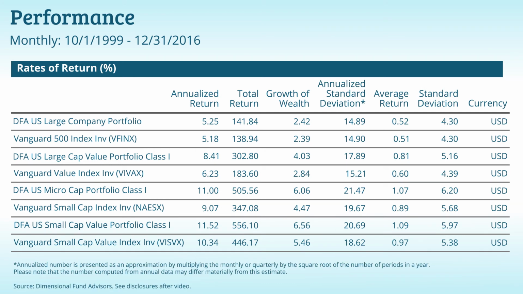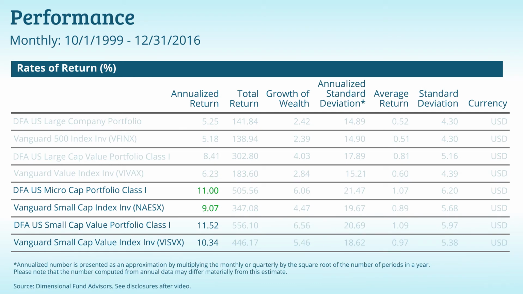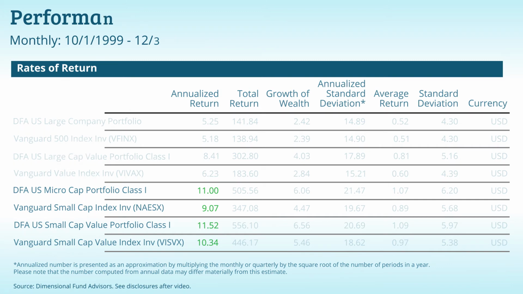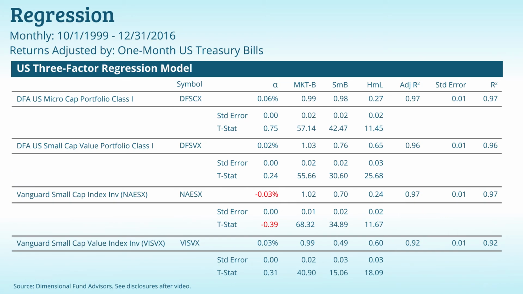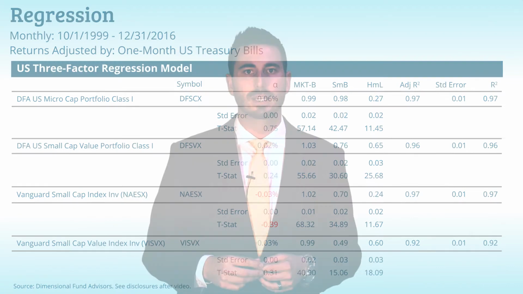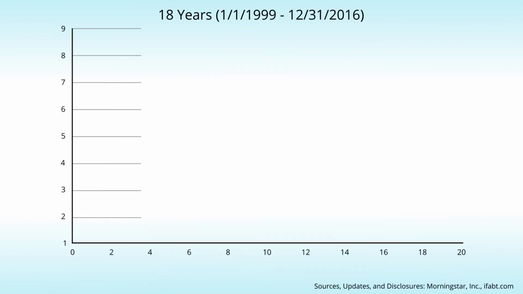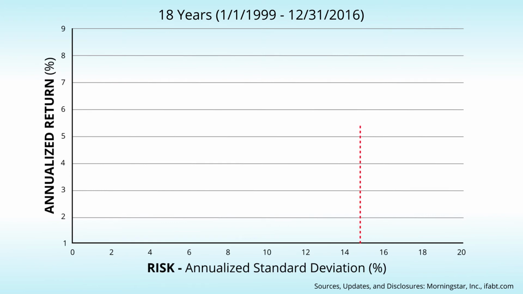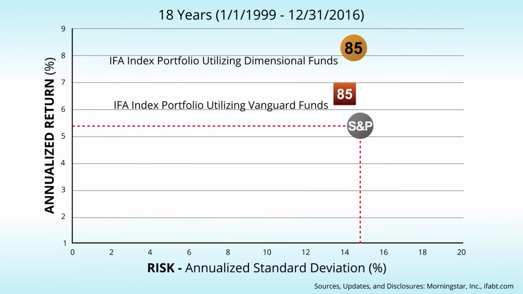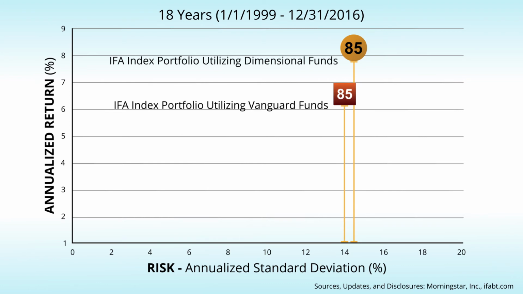You can also see that Dimensional outperforms Vanguard in the U.S. small cap and U.S. small cap value asset classes. So this must mean there are more sensitive exposures to the market, size, and value premiums with Dimensional. It is important to note that outperformance is not free. As we would expect in a properly functioning capital market, a higher return is associated with higher risk. If we plot each strategy in terms of standard deviation, we can see there are higher levels associated with the strategies from Dimensional. The additional uncertainty highlights the importance of patience and discipline when pursuing risk premiums.